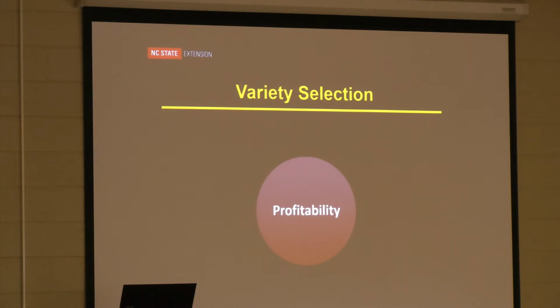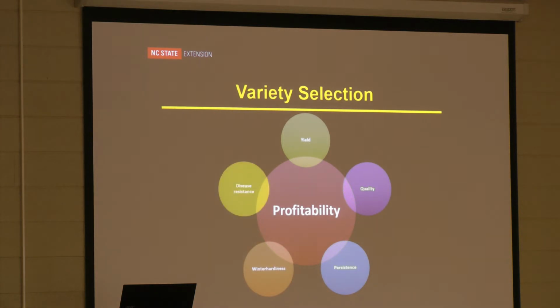When we think about profitability in alfalfa fields, there's a couple key areas that we want to look at with variety selection. Obviously, yield is important and it's one of our main factors when looking at profitability of a forage stand, especially in alfalfa. Additionally, quality is also something that's going to be very important, and that has a lot more to do with our management practices in alfalfa. However, persistence is a factor that we want to look for. Winter hardiness and disease resistance are all factors that we want to look for